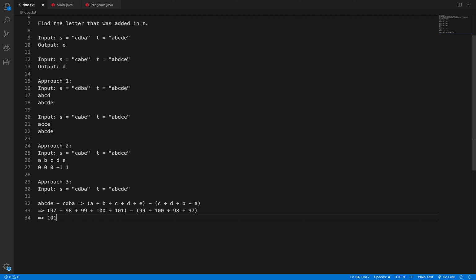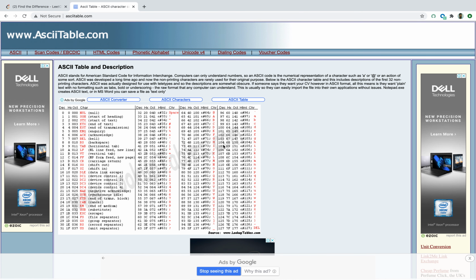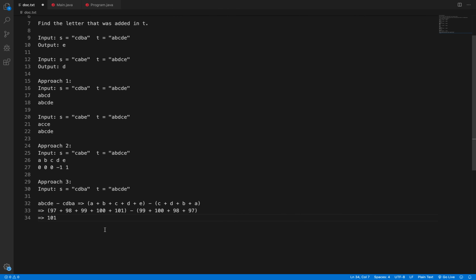So we'll subtract string t from string s, and then we'll return the character corresponding to that ASCII value. The 101 is e, so we'll return that.